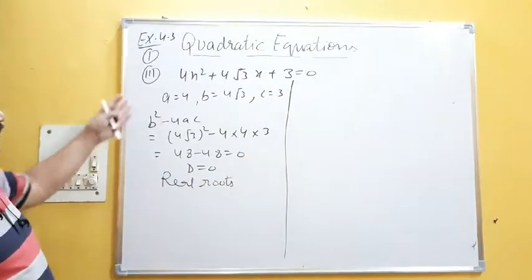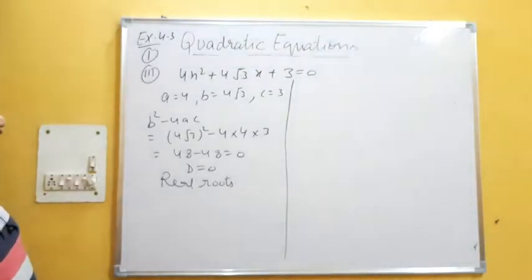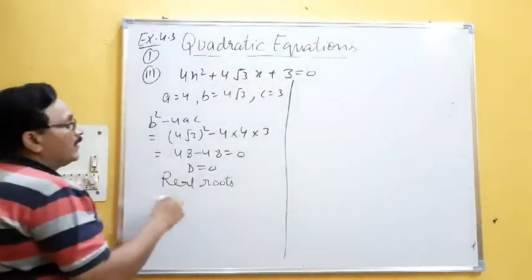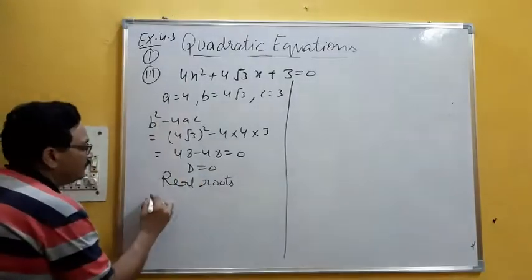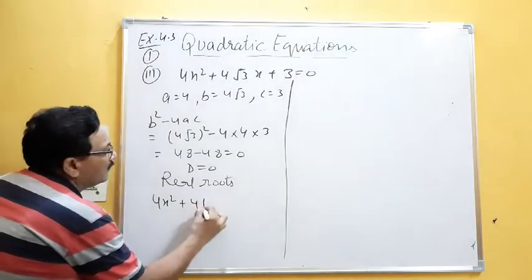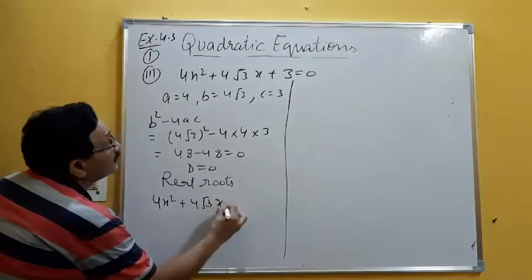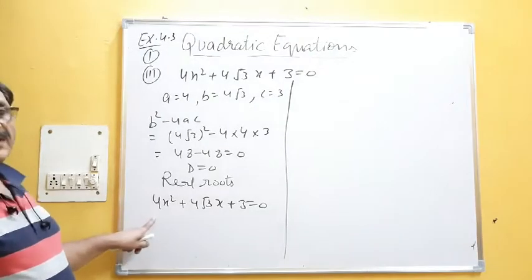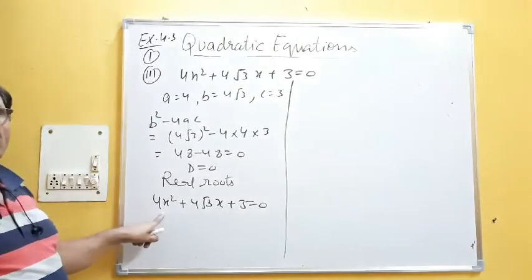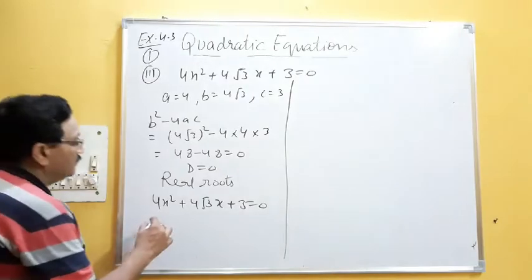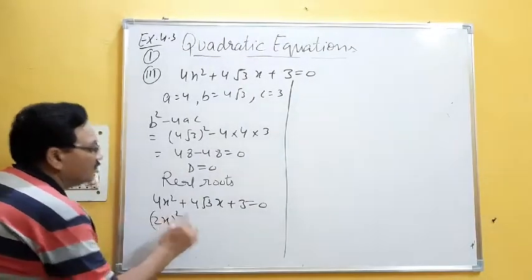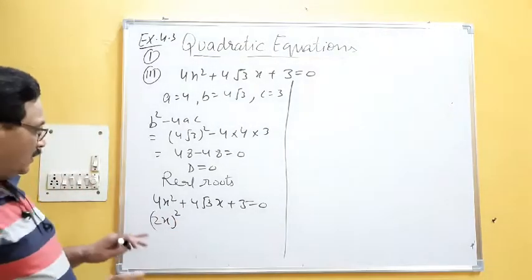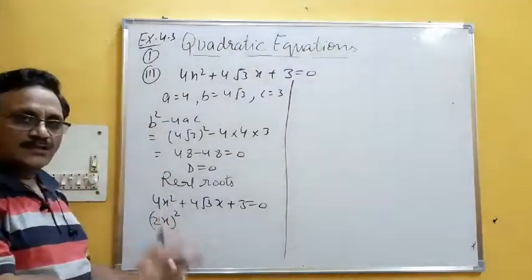Okay, simple. I substitute the value of b square minus 4ac. I am getting the answer. Now the result is coming what? Real roots. Now we have to calculate by completion of square. So same thing. 4x square plus 4 root 3x plus 3 is equal to 0. Children, I start solving this because it is already a perfect square. Last question I solved dividing by 2. If you want to solve it, divide by 4, same answer you will get.